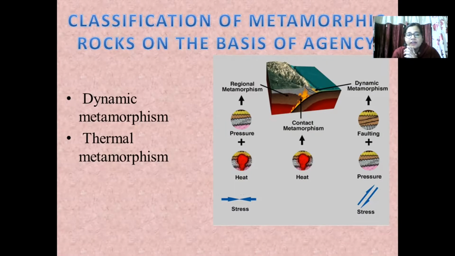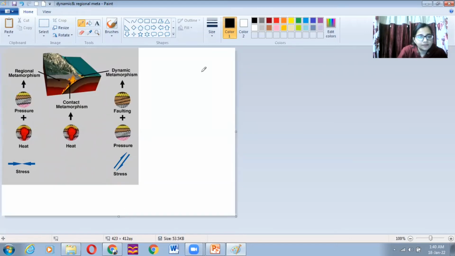ठीक है? So मैं ये इमेज अभी पेंट में जाके आपको पढ़ाती हूँ. But let's talk about classification of metamorphic rocks on the basis of agency. Agency मतलब कौन कर रहा है ये काम? Agent. There are two categories: dynamic and thermal metamorphism. You can see from the diagram itself that these are the continental and the oceanic plates which are colliding, and what is happening? The rocks which I am giving in green color that are at the junction of this collision,